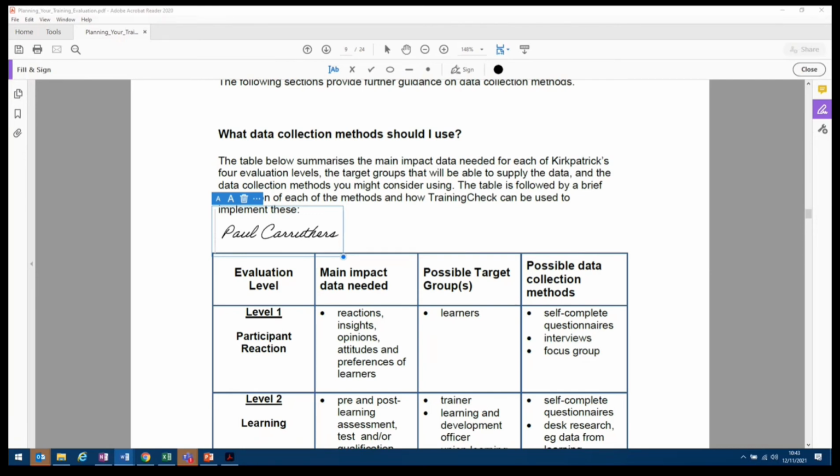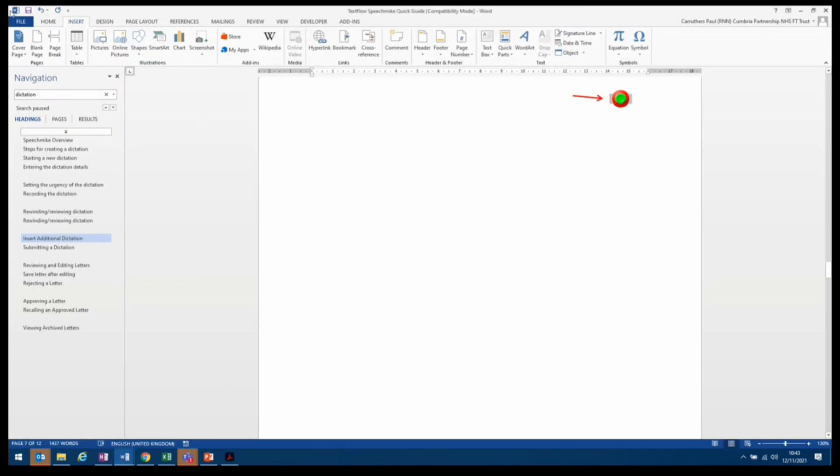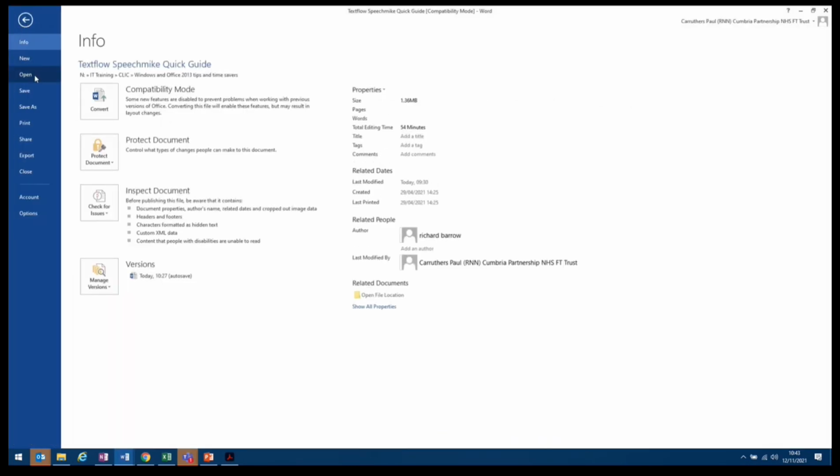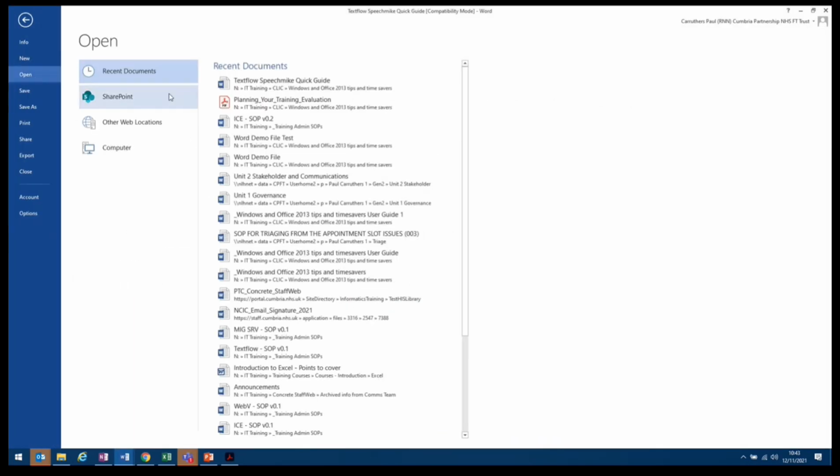With Word 2013, it's actually got a converter built in. So if I open a Word file and then go to File and Open, it now opens PDFs. So I've opened this PDF before. You would navigate to the document that you want to convert, and then if I click on it,